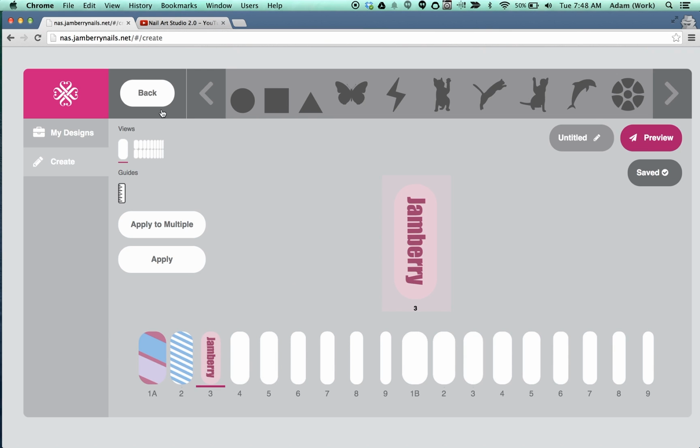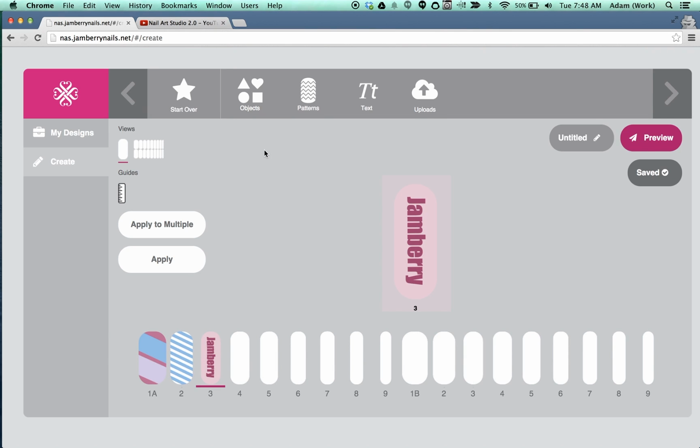So that's a little tour about how to use the objects and the patterns and the text as different elements that you can bring in and work with inside of the